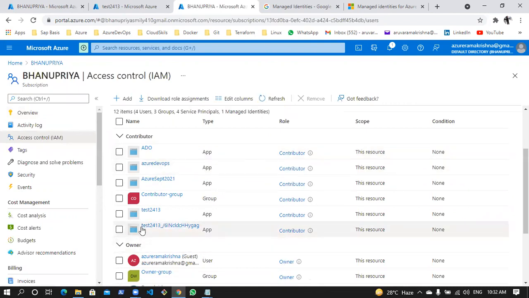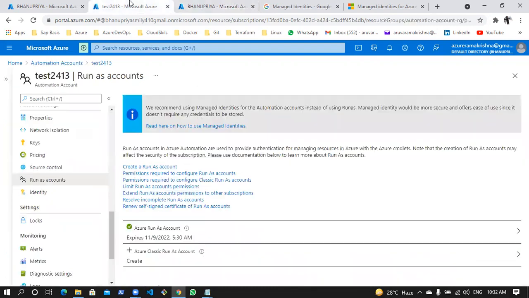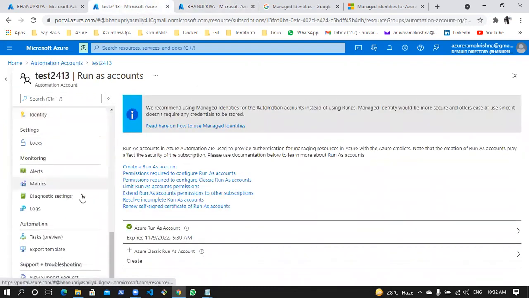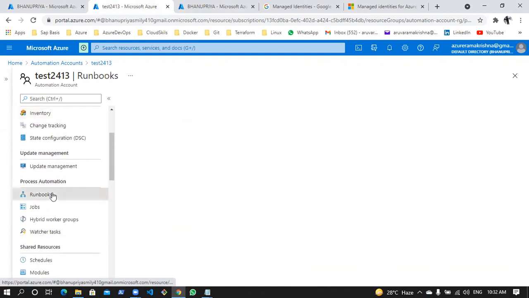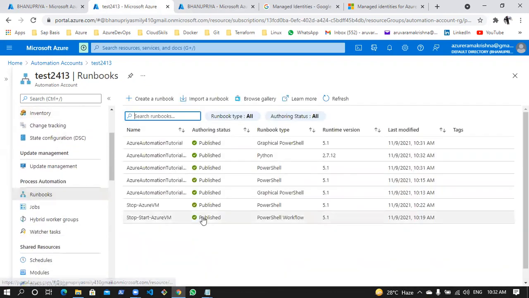So here you can see this test2413, some random number. It is by default assigned as a contributor. Now if I go back and run my playbook, it will work. Earlier it was facing some authentication issue. Now if I go back to the runbooks,